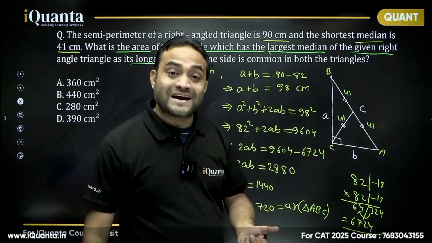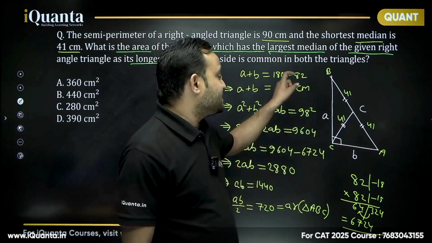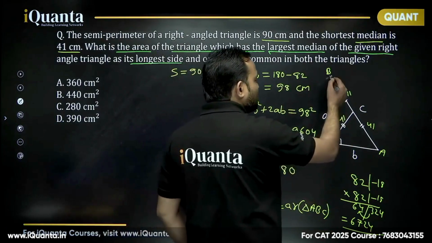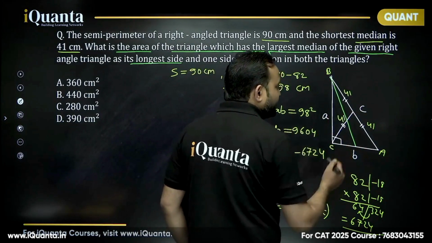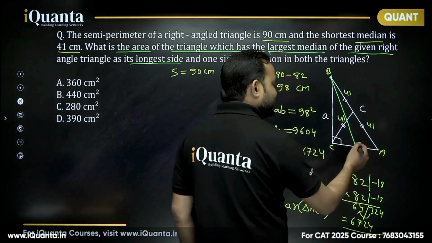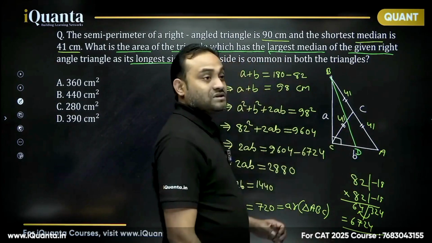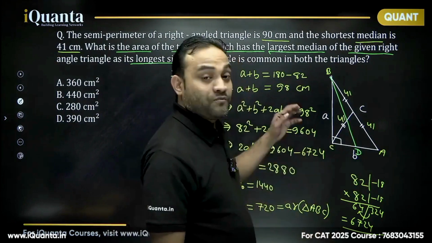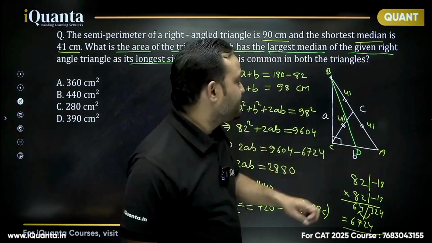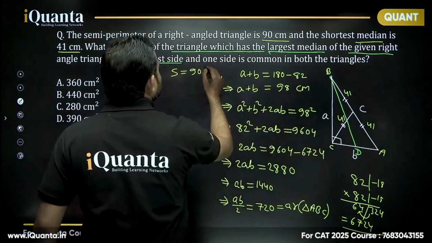जो smallest side पे होगा। Smallest side कौन सी है? या तो हम A ले सकते हैं या B ले सकते हैं ना। Let's say कि B जो है वो smallest side है, तो इस पे जो हम median draw करेंगे, let's say this is D, so this will be the largest median. So there is a triangle for which BD is the largest side and one side is common